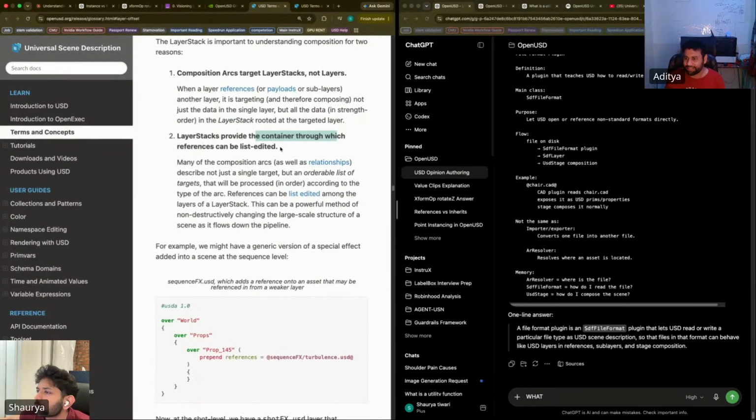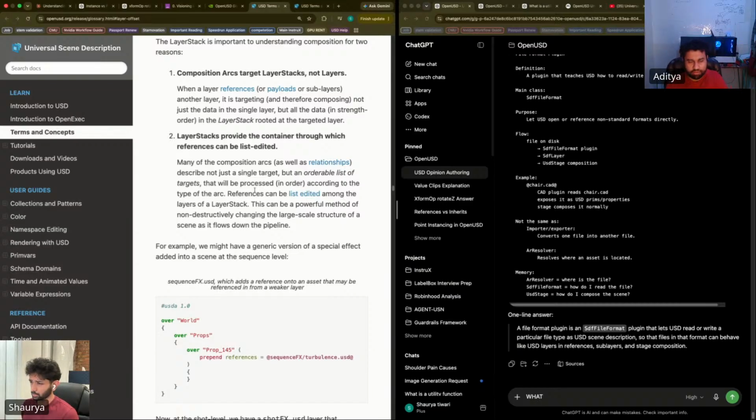Container through which references can be inserted. Many of the composition arcs, as well as relationships, describe not just a single target but an orderable list of targets that will be processed in order according to the type of the arc. References can be list edited among the layers of the layer stack. This can be a powerful method of non-destructively changing the large-scale structure of a scene as it flows down the pipeline.